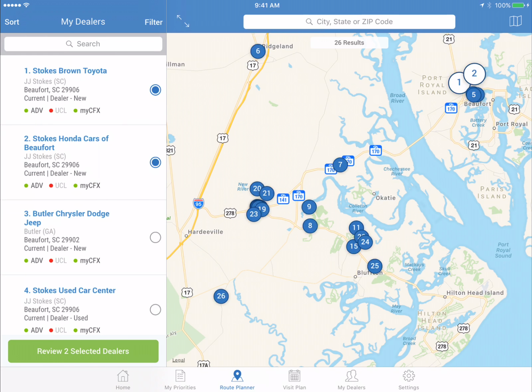See, I don't have a list of dealers there. Pardon? You don't have anything there because you haven't scheduled anything yet. Once you schedule them, they'll show up on that left-hand side. Yes. You've got to schedule them first on the route planner on a specific day, and then when you go